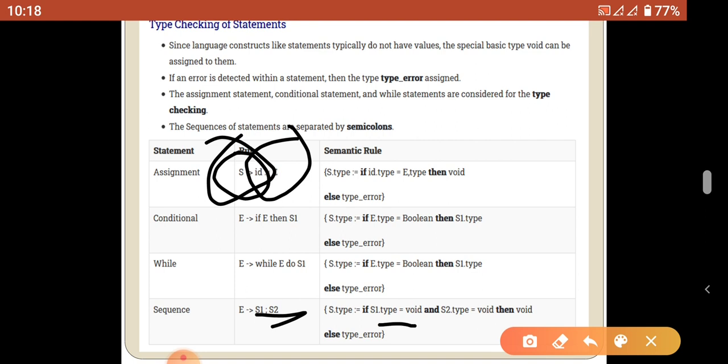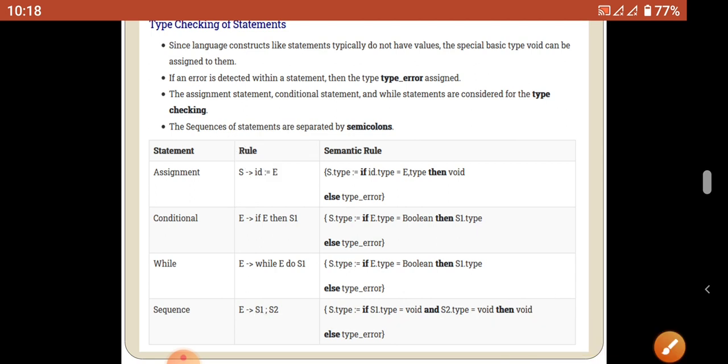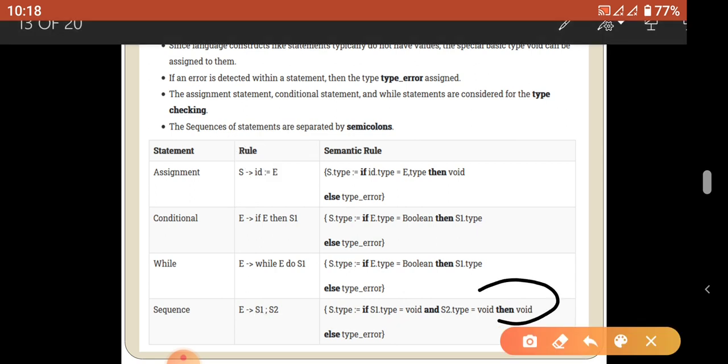If S1 equals void and S2 equals void, that means in each statement the left and right side data types are equal. If n number of statements S1, S2, S3 all return void, then the data type of your program statements is void, otherwise it informs an error. So if all the statements return the data type void, your program has no type mismatch error.